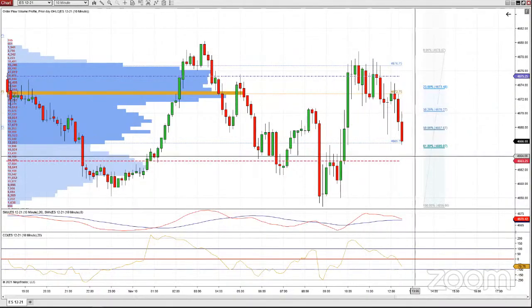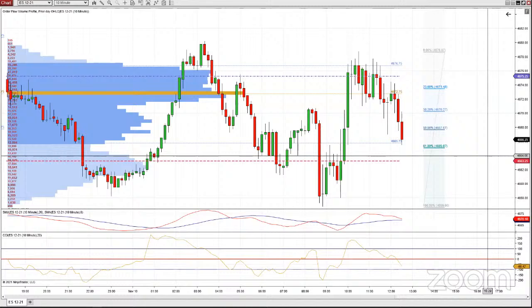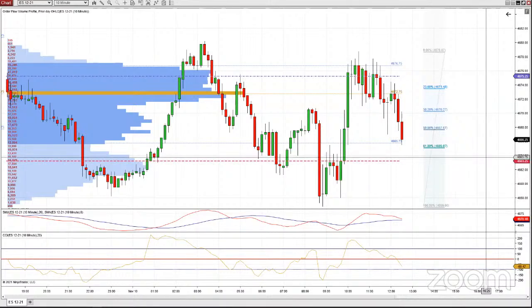And now the market's moving back down, and you'll see a series of numbers on the right-hand side, right? So these series of numbers are based on the Fibonacci sequence. If you remember from math class, Fibonacci sequence is you take 0 and 1, you add them together, you get a 1. You take 1 and add it to the previous number, which is a 1, you get a 2. 3 plus 2, 5. 5 plus 3, 8. 8 plus 5, 13, 13 plus 8, 21, and so on and so forth forever, right?